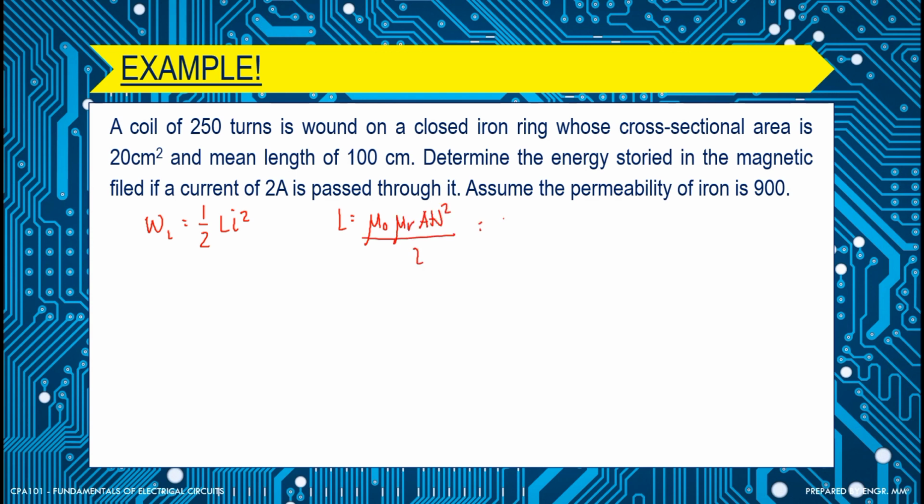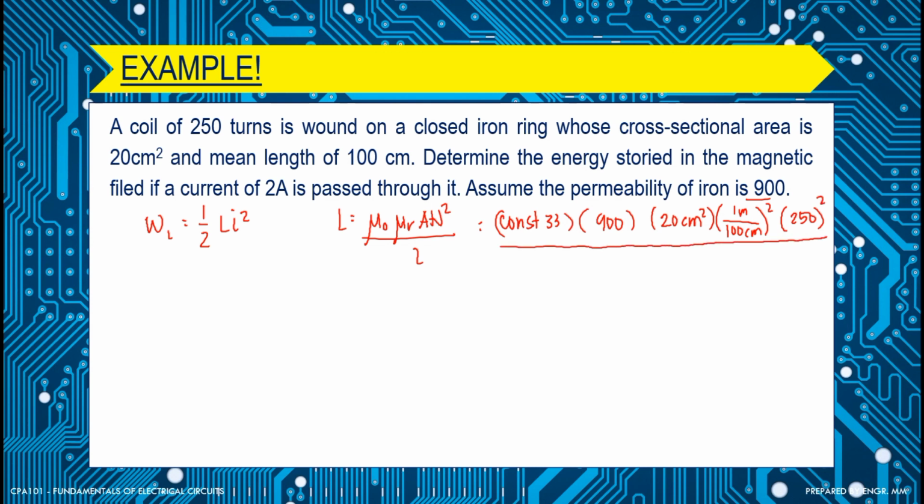So this is the constant μ0. Then our permeability given is 900. Then our area is equal to 20 cm squared, and it needs to be converted into meters. Then the number of turns is 250 squared. Our length given is 100 cm. So our inductance is equal to